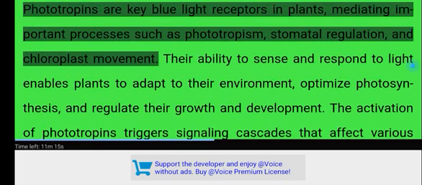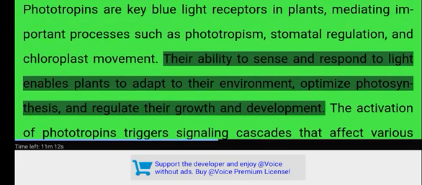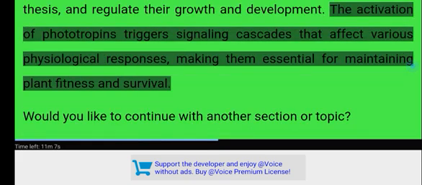Conclusion. Phototropins are key blue light receptors in plants, mediating important processes such as phototropism, stomatal regulation, and chloroplast movement. Their ability to sense and respond to light enables plants to adapt to their environment, optimize photosynthesis, and regulate their growth and development. The activation of phototropins triggers signaling cascades that affect various physiological responses, making them essential for maintaining